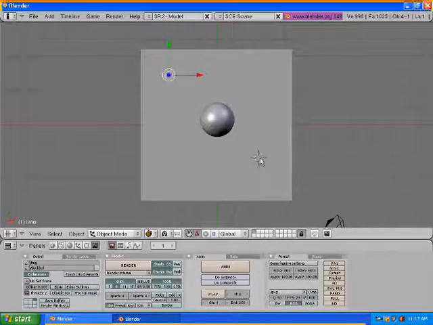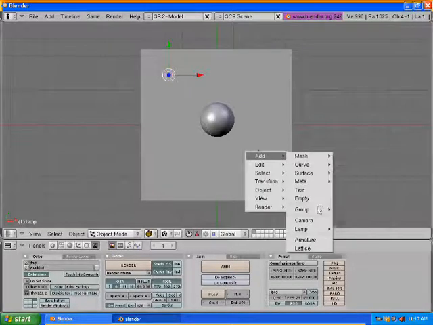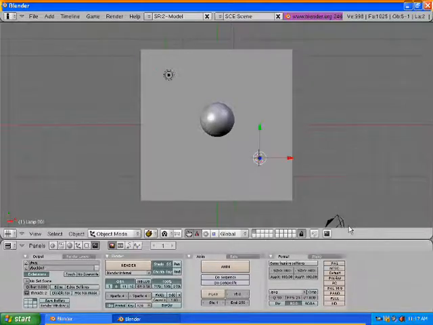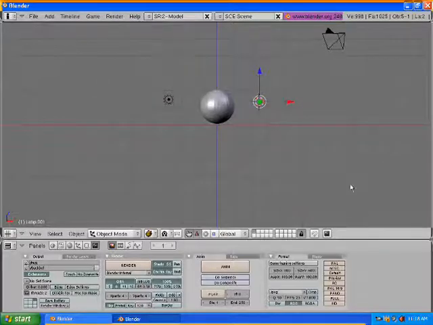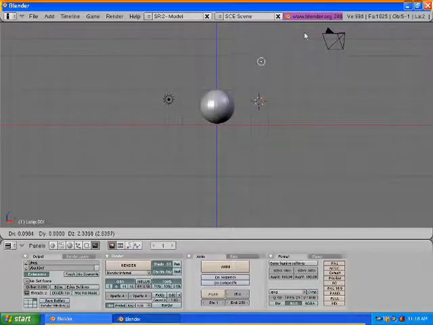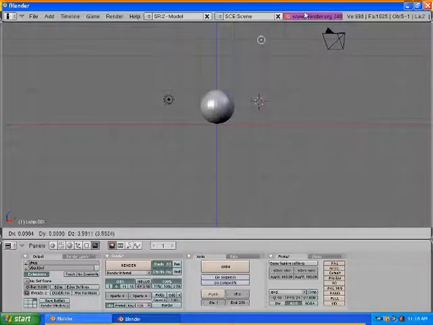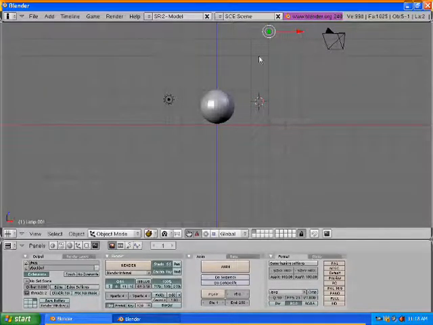Okay? So what I'm going to do in the top-down menu is I'm going to add a second light right here. So I'm going to add lamp, and then in the one view I'm going to put this light way up high. Okay. Now there's two sources of light hitting this ball. This light source is hitting the side that we can see,